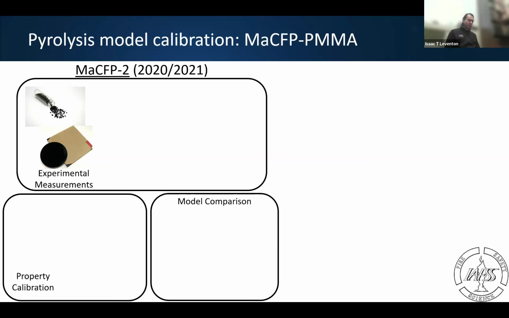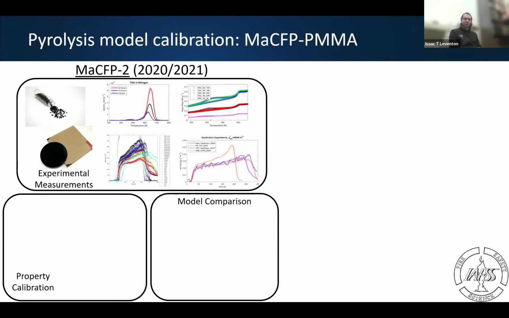Going back maybe 6-7 years ago, we shared samples of this around the world. Roughly 20 labs in a dozen countries shared experiments in 8 or 9 different apparatus, conducted in 35 different test configurations and environments. So we had milligram scale tests, we had bench scale experiments, and started to see that we're pretty good at our TGA experiments, but getting good DSC data is a challenge. There's variability there, really sensitive instruments, so we're calibrating in the same way. We could see differences between different bench scale tests, like our FPA, cone, or gasification apparatus.